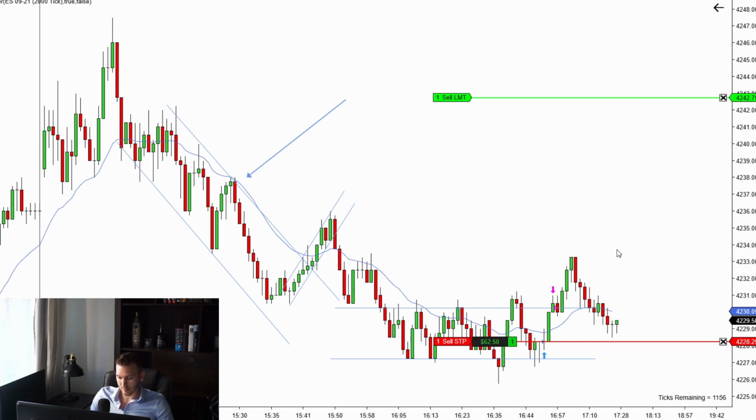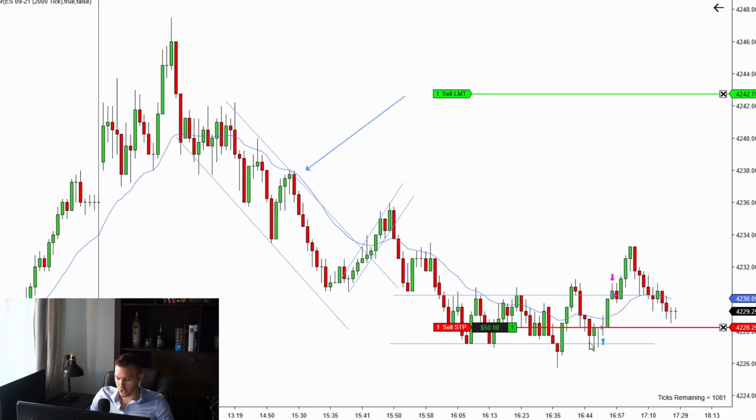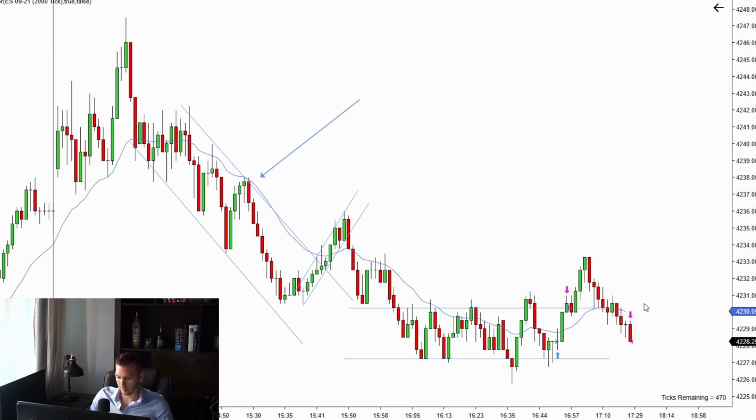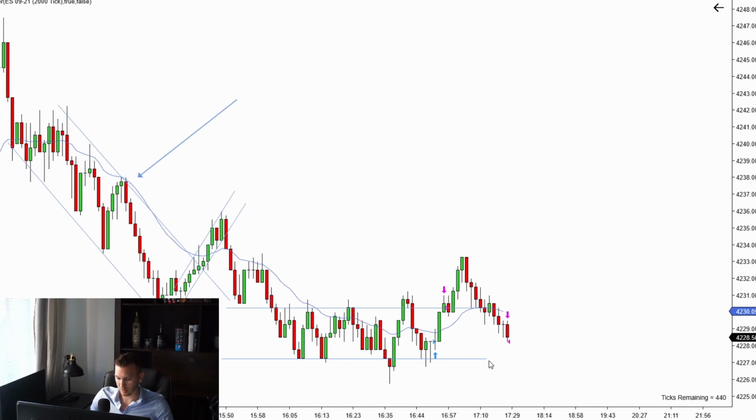But I'm really not keeping my hopes too high because we should have rallied up higher. Obviously there are people still willing to sell, but it was good enough for a scalp. I wasn't really looking for a major trend reversal. I was just looking for a scalp because this is a scalping strategy. Having a nice runner is a good bonus. All right, and our runner just got stopped out. So unfortunately no runner for us now, but